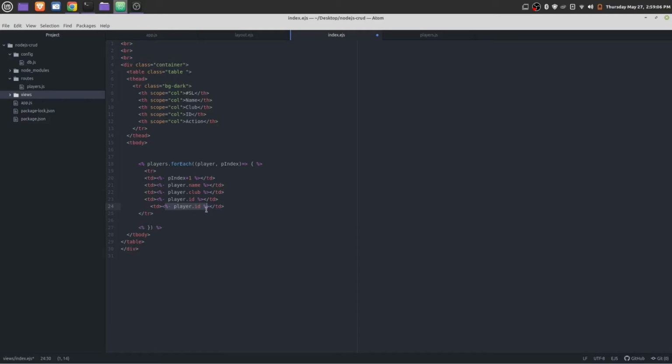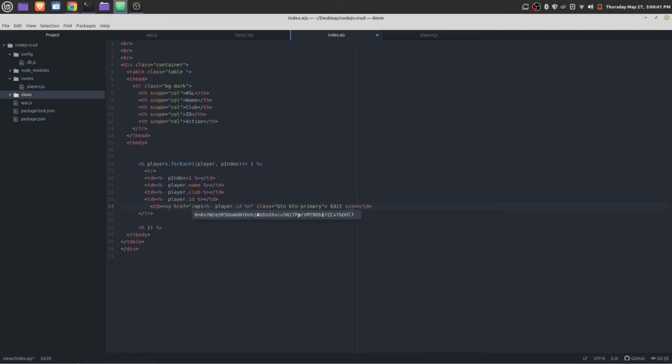So let's create a button, save it, and we need another attribute, that is href, and inside href we can paste the link of our ID. So let's paste it. How can we paste it? We need to give a less than and greater than sign, in between them 2 percentage signs, one with a dash, starter one with a dash, okay, player.id, okay,